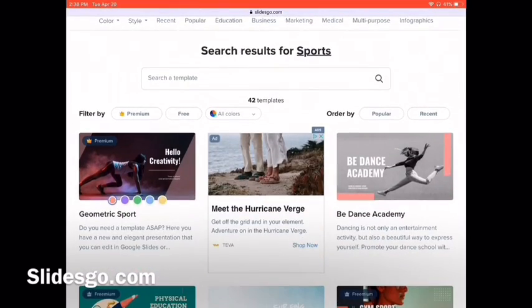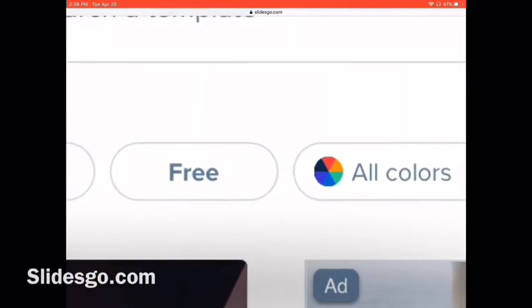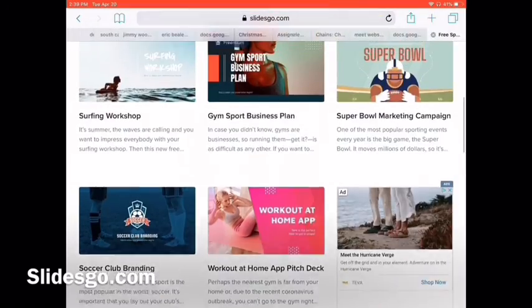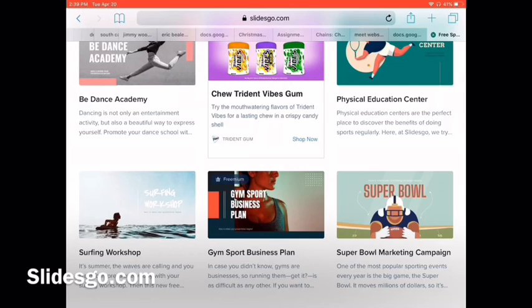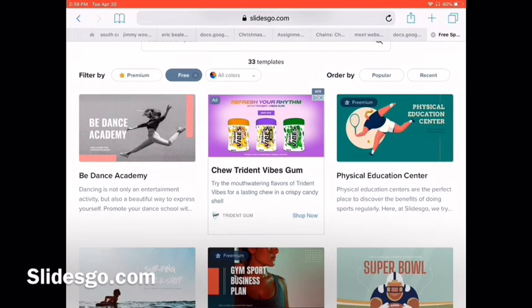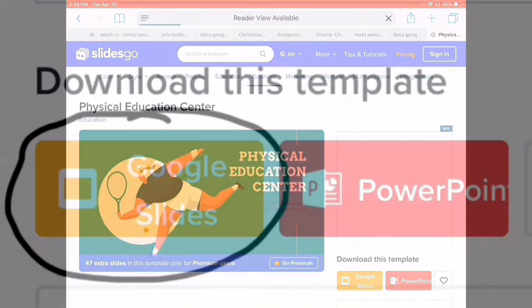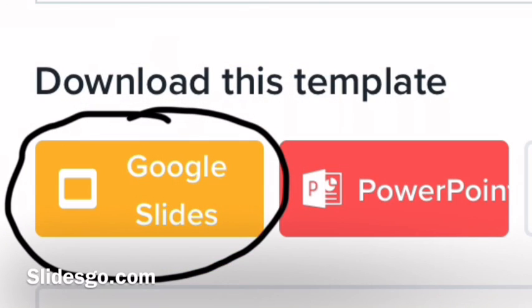We don't want premium, so we would press the free bar at the top. Once we press free, we would see different ones or the same ones, depending on what we saw. You can scroll through there and see which one you would like. I'm choosing this one because why not? Once you find one that you like, you would go down to the bottom where it says download this template